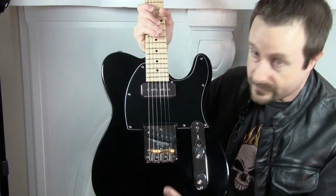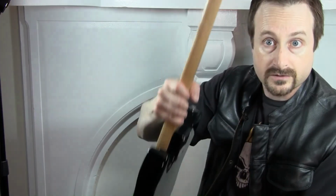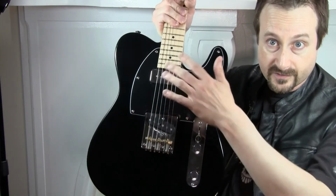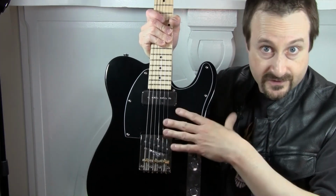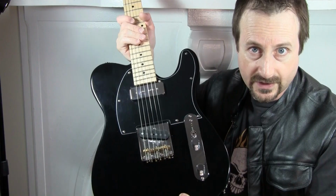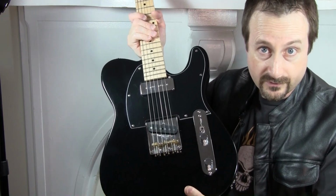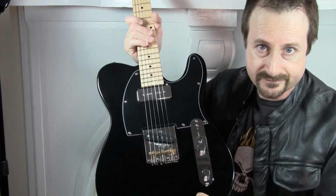You know, for this, obviously the black finish is okay. I don't mind that chunky neck so much. And the big surprise for me, of course, of opening up a pick guard and seeing a P90 route there really made my year. So anyways, that's the Glarry Telecaster, folks. We started out with not a great guitar here, and we made ourselves an absolute monster. Now, not really, but...